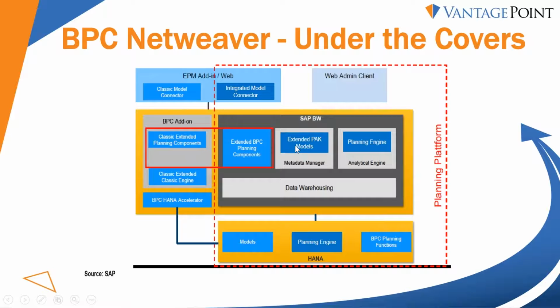That middle box here, where all of your data structures are, the data warehouse, the planning application kit, which is the planning functions that actually execute your planning app itself. Then the VPC add-in over here on the left is your user interface. The EPM web add-in is the web interface to the tool set, all sitting on top of a business warehouse